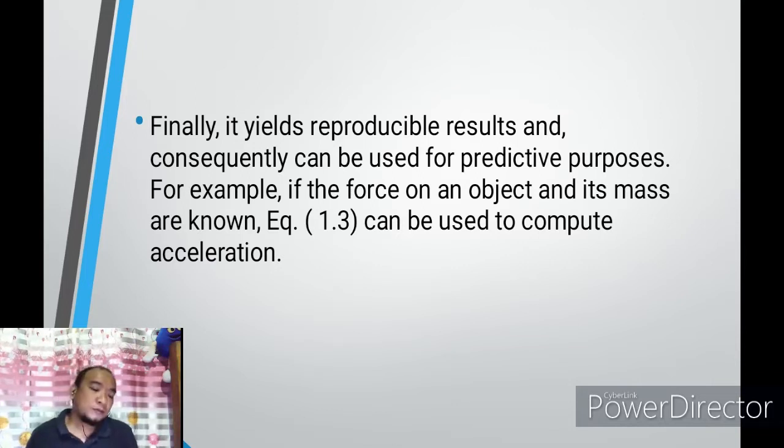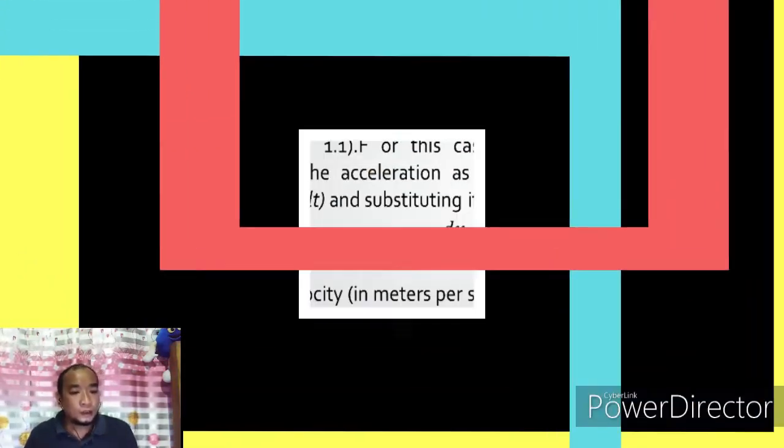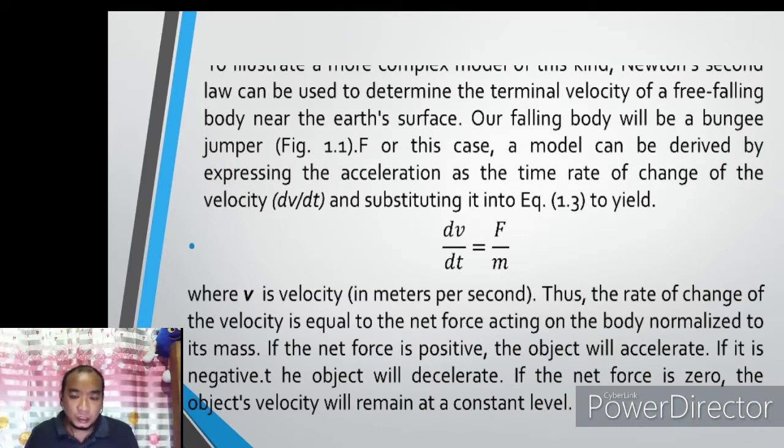For example, if the force on an object and its mass are known, equation 1.3 can be used to compute acceleration. To illustrate a more complex model of this kind, Newton's second law can be used to determine the terminal velocity of a free-falling body near the Earth's surface. Our falling body will be a bungee jumper. A model can be derived by expressing the acceleration as the time rate of change of the velocity, dv/dt, and substituting it into equation 1.3 to yield,